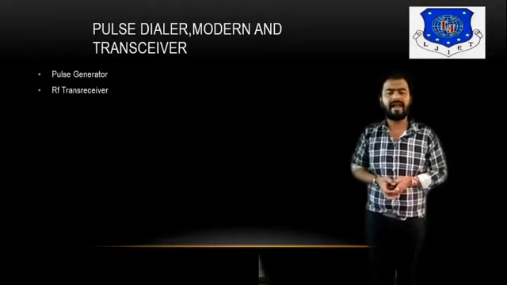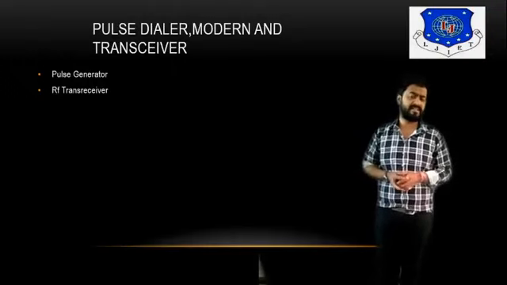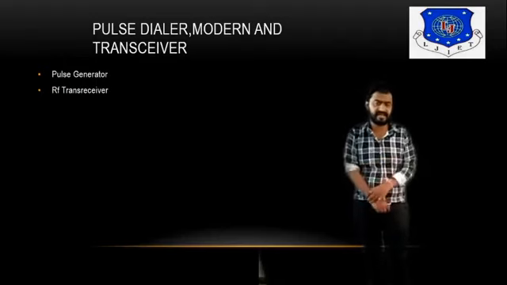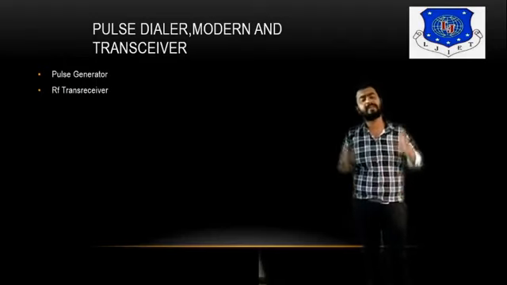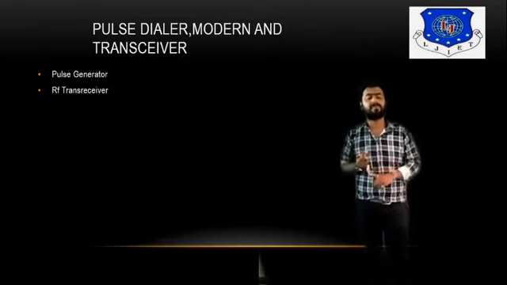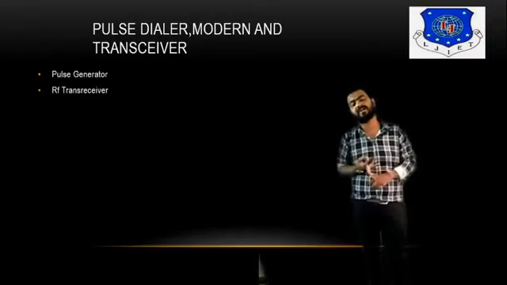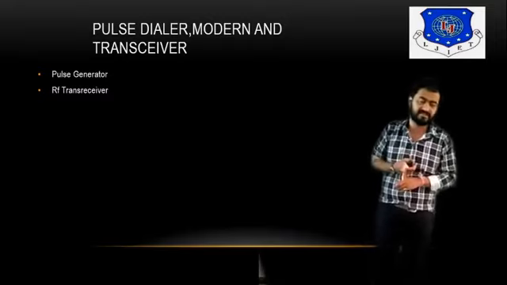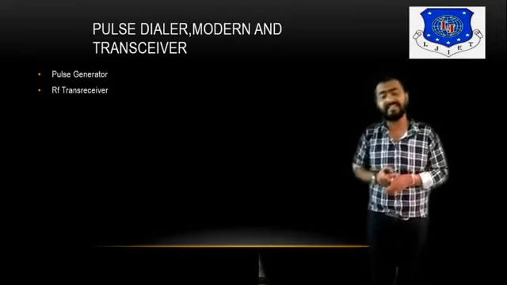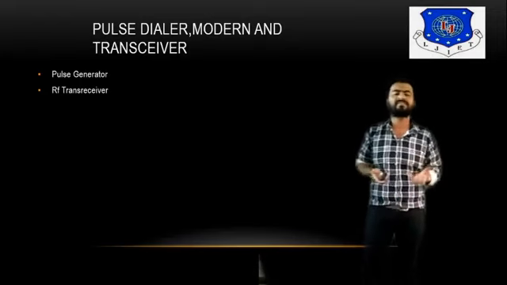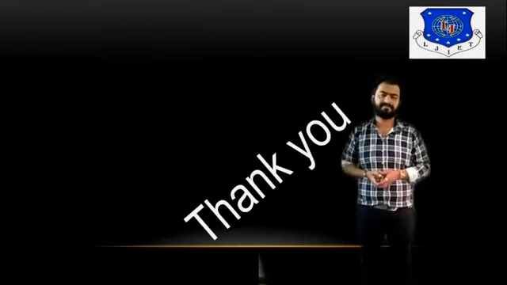Pulse generator module and the transceiver generate different types of pulses and different types of frequencies. We have to use a pulse generator, and the transceiver plays a main role in establishing different types of communication. It can be RF, and RF can use 433 megahertz, 1 megahertz, 4 megahertz, or you can use any gigahertz configuration. It can be only a transmitter, only a receiver, or a transceiver. So it is possible with the help of these types of modules.